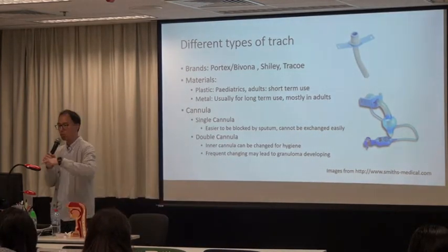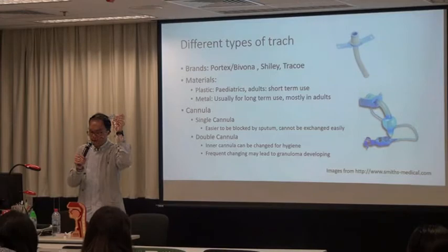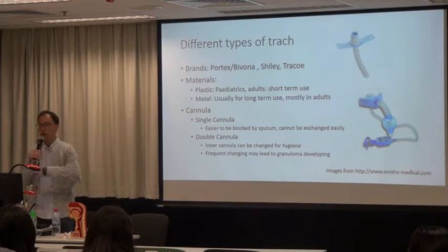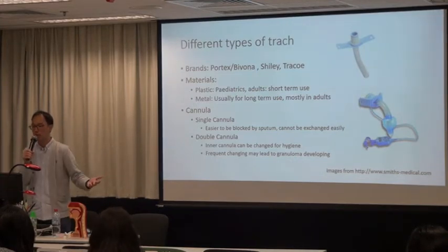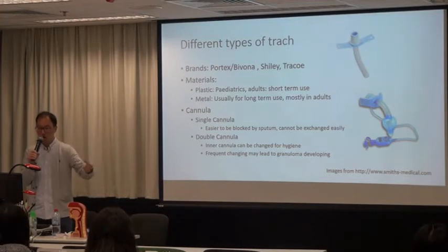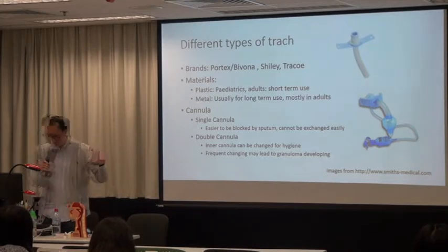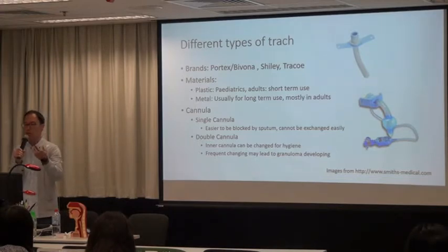And another thing is go to the websites of the companies that make these tubes. Okay? They give you very, very important information. Okay? And there are literally tens of thousands of tracheostomy tubes in the world. I don't think anyone would know every tube that exists. We have seen patients with very, very bizarre tracheostomy tubes. Some coming from mainland China, in shapes that we've never seen before, in conditions that we've never seen before. But it's important because the nature or the properties of the tube itself is important to how you manage your